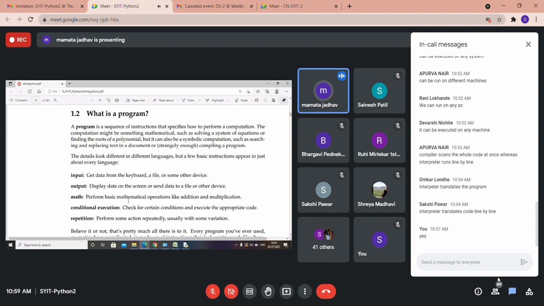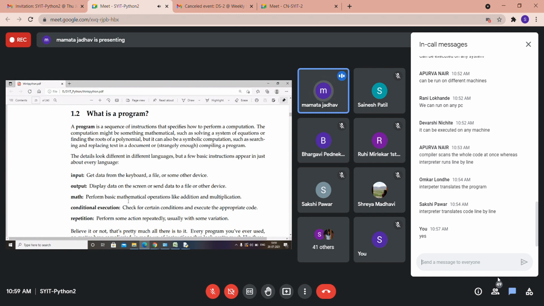Now it has different parts. Input, where you can get data from the keyboard, a file, or some other input devices. Output, which can display data on screen or send data to a file or other devices. Next, math, which performs basic mathematical operations like addition and multiplication.